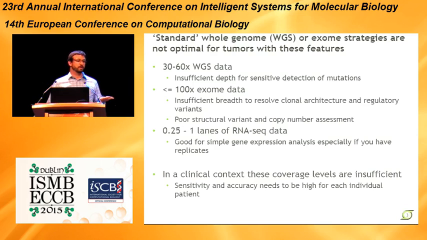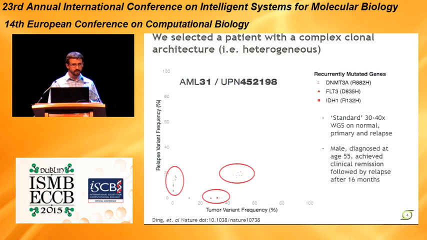So in a clinical context, these levels are really insufficient, and that's the argument that I'm going to make. In the clinical context, you need sensitivity and accuracy to be much higher. From a research discovery perspective, you improve sensitivity by sampling across many, many patients. If you have 100 patients in your cohort, it increases the chance that you will catch everything important that you're looking for. If you just have one patient and you want to understand their tumor, you're placing a lot of demands on the data. So to go through this exercise, we selected one interesting case that we had previously sequenced,